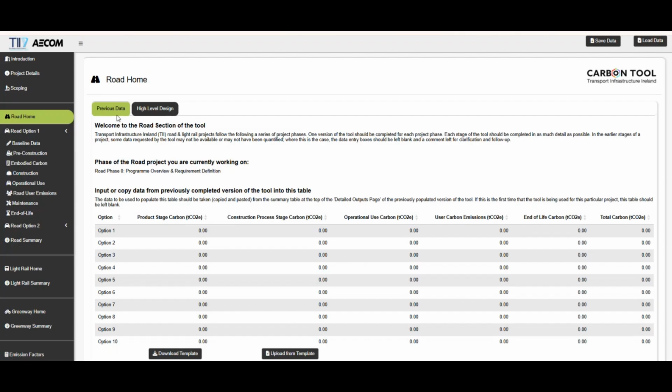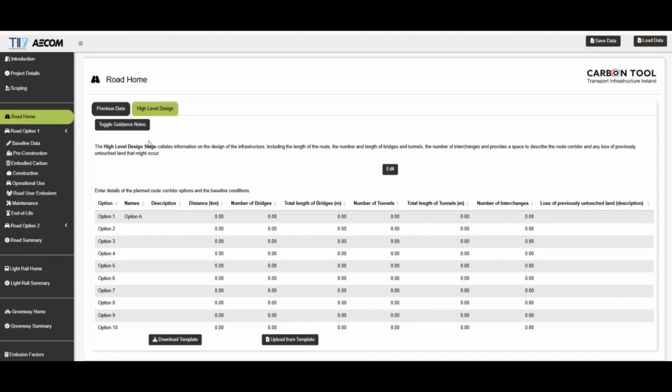The previous data page in this tab allows the user to input or copy data from a previously completed version of the tool into this table for comparison purposes. If this is the first time that the tool is being used for this particular project, this table should be left blank. The high-level design page allows the user to collate and input information on the design of the infrastructure,